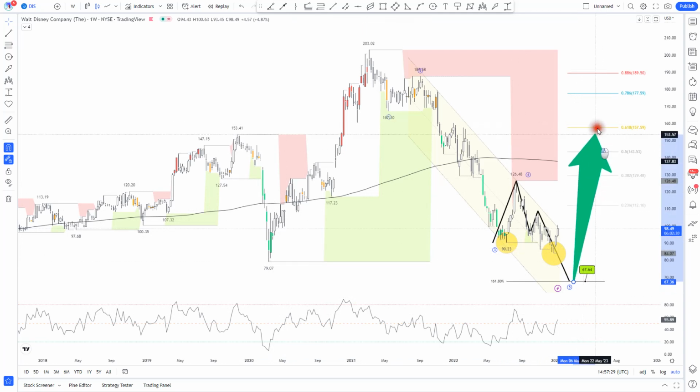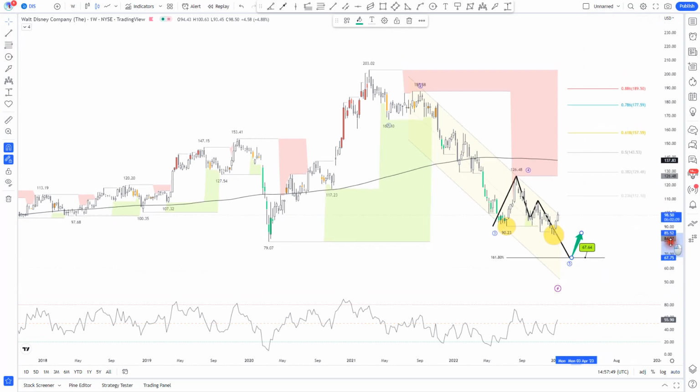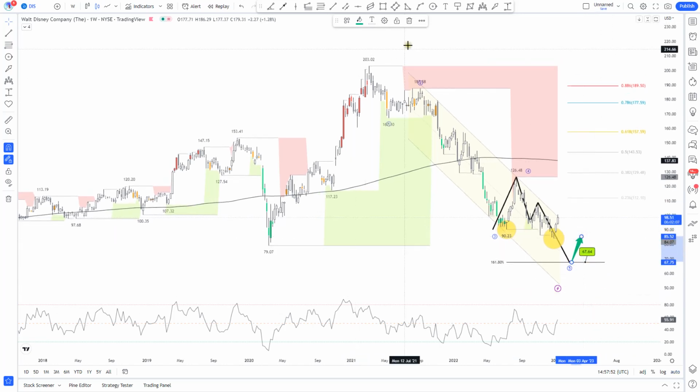We don't trade based on false targets, you know. We trade based on specific targets. But this is just one of the possibilities. For now, we stay above this previous structure fractal, and of course, if the price can't find support here, this probably will force more downside momentum for the stock.